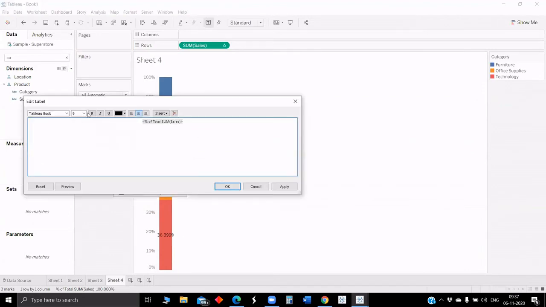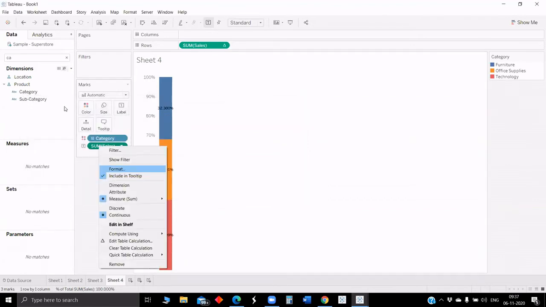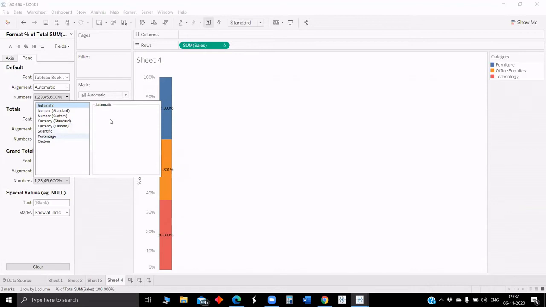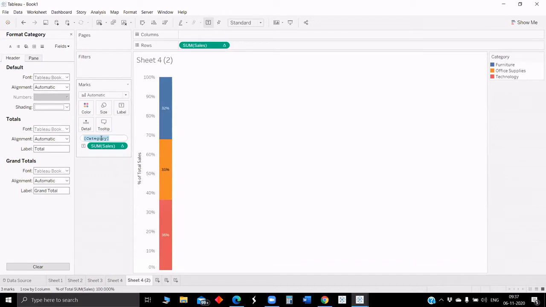Format. Of category will color here by region. The same sheet will duplicate.